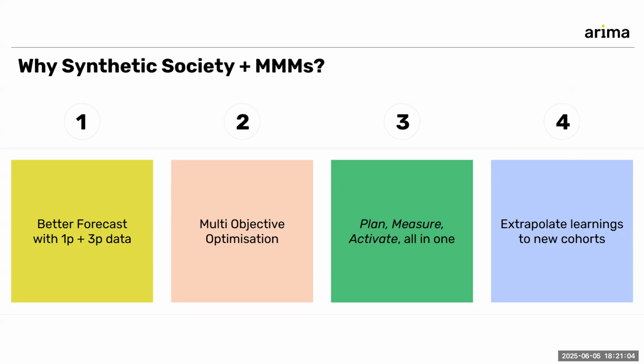As I'm sure you know, MMMs have the ability to make forecasts. And typically the way people have done it today is they use historical sales, some form of time series analysis or some form of forecasting based on a future media plan. So they might say next year, if I plan to spend this much money, this is the type of sales I could get. There's nothing wrong with that. This is perfect. And even in our MMMs with synthetic society enabled, first party data is still the primary driver